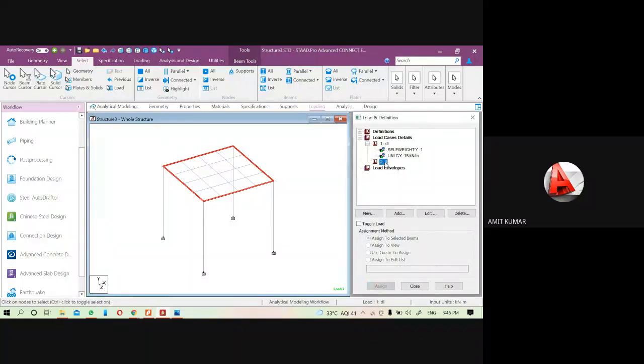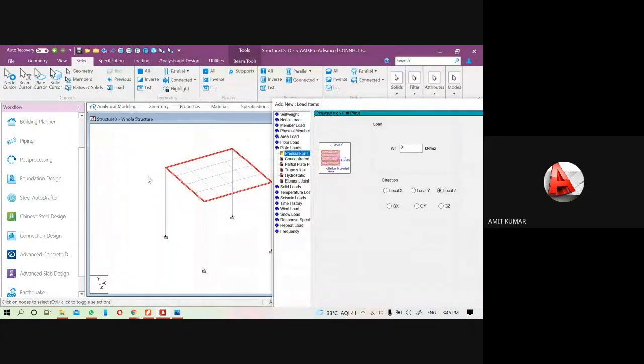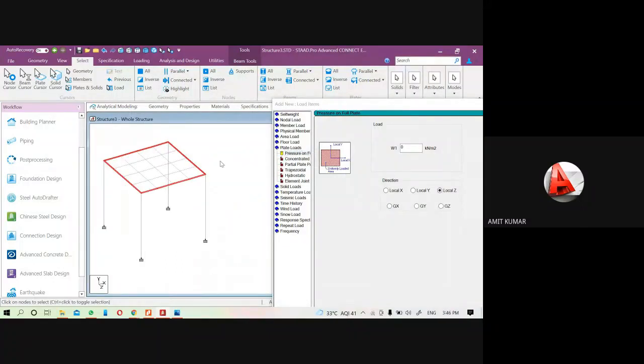Okay, come to the live load. This time, no need to add the floor load here. We will add the floor load through the plate, because the plate is available here in physical form. You can see the plate is here. So we can add the floor load of 2.5 or anything through the plate load directly.